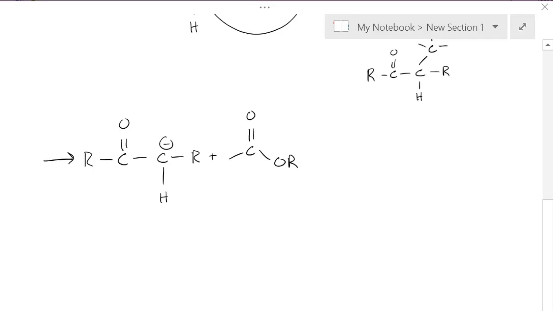The initial mechanism is the same, in that the negatively charged carbon will nucleophilically attack the partial positive carbon of your ester group. So this negative charge will attack this carbon, and your double bond breaks, and oxygen takes the lone pair. So as an intermediate, you would get